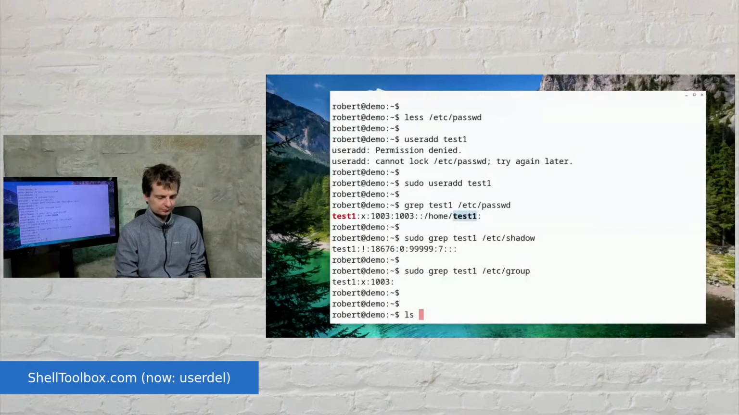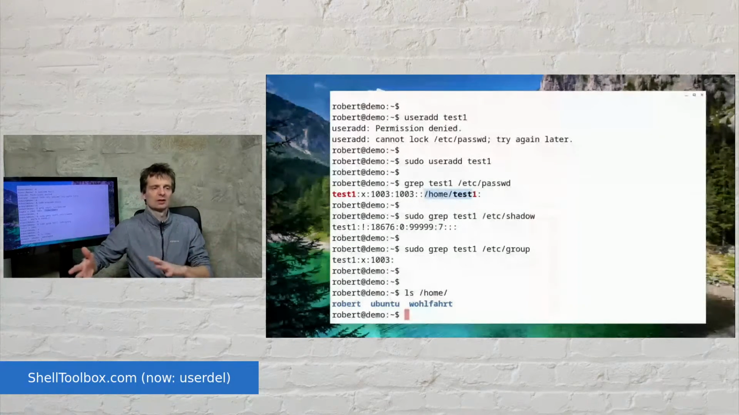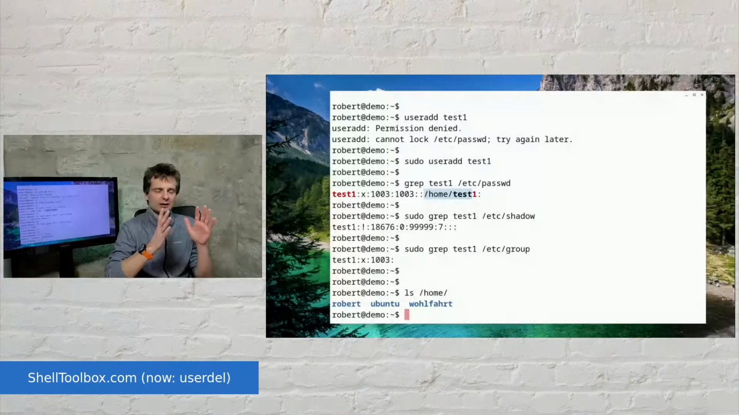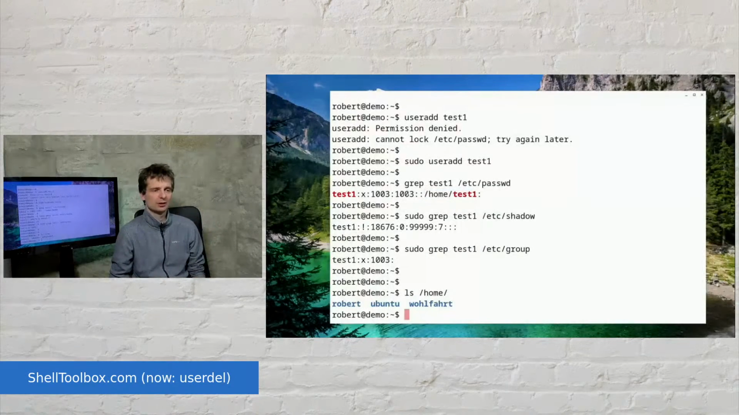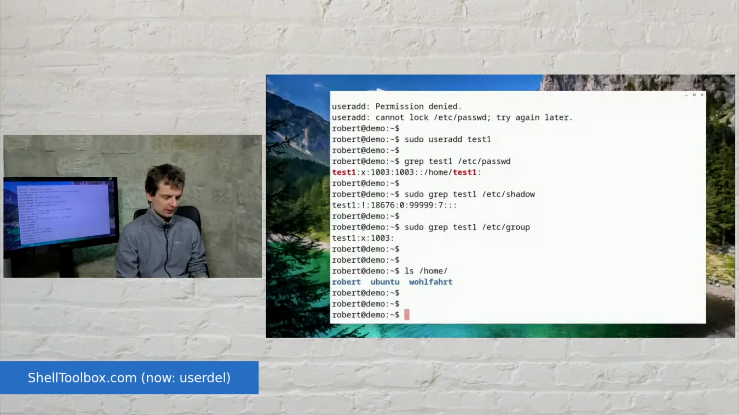Let's have a look into the directory /home, and you see that there isn't a directory for the user test1 here. Only this field is filled with /home/test1, but there wasn't a directory created for the user. If we need a directory created for the user, and typically we want to, then